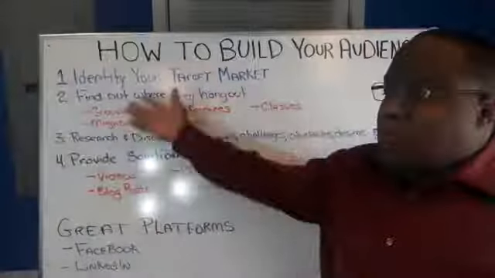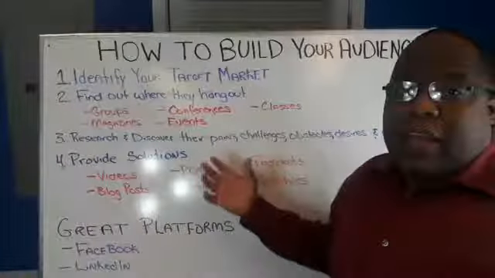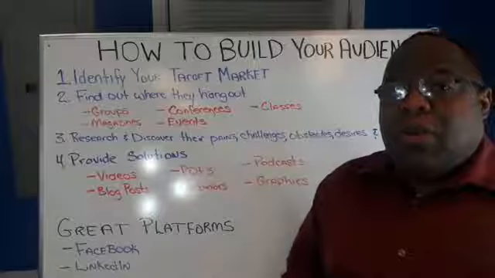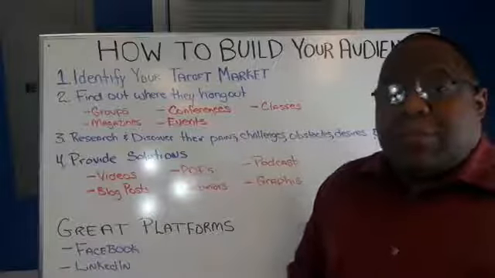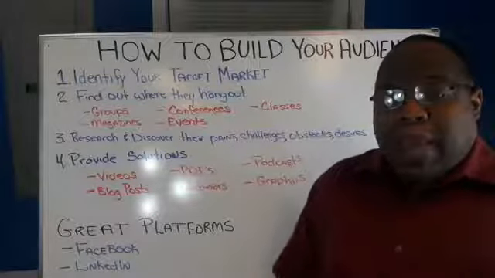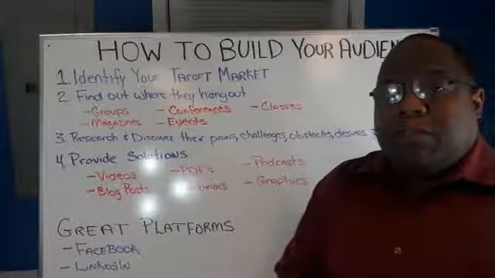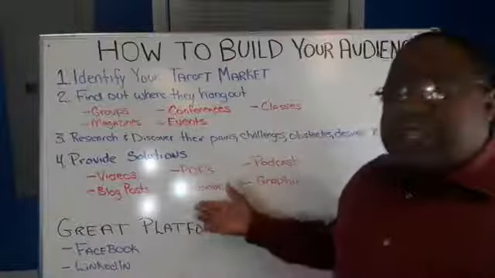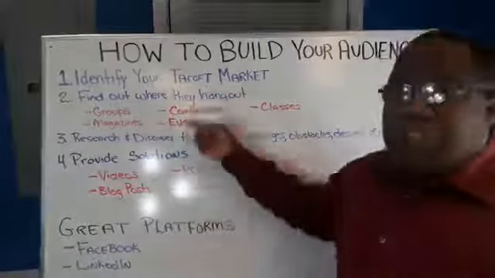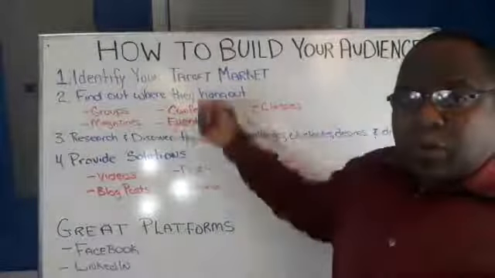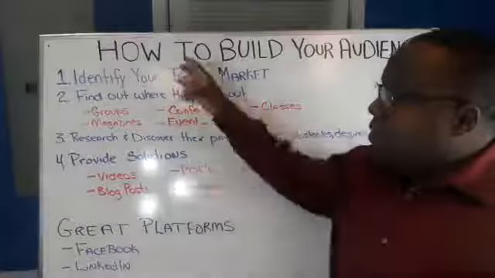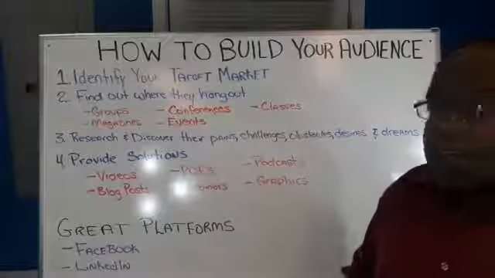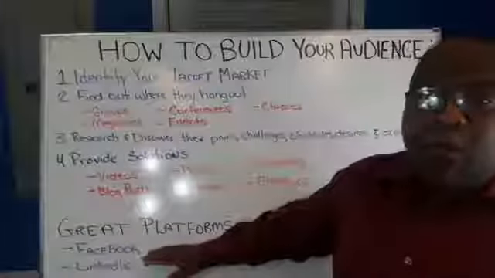So see, what we've got to do right now is we've got to build the engagement to let them know that we're an expert, that we're their friends, that we can provide solutions to their problems. And when people know that you can provide solutions to their problems, they're going to seek you out. But if you're constantly selling them, they don't know that you have the answers. So what you're doing when you build your audience is you're proving to them that you actually have the answers. Now, some great platforms.